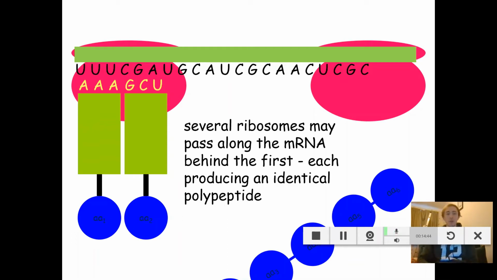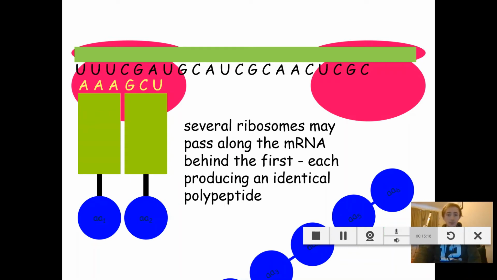Because you can then make multiple mRNAs off of the same DNA gene, you can make many thousands of copies of a protein at the same time. So let's say I made 100 copies of the DNA into mRNA. I did transcription 100 times on the same gene, and each mRNA was translated. This is what this whole system is called, translation. Was translated hundreds of times. I can make tens of thousands of copies of this protein at the same time in literally seconds.